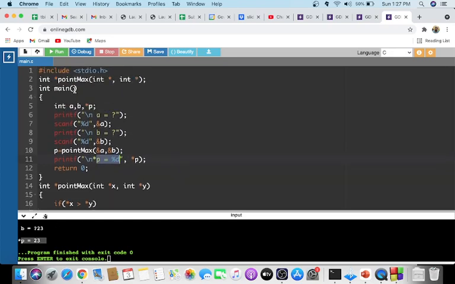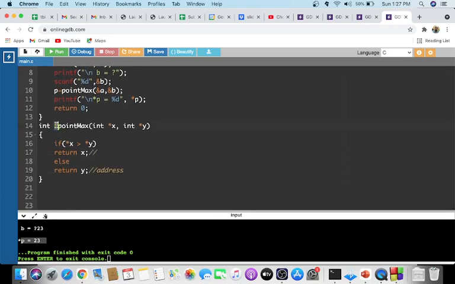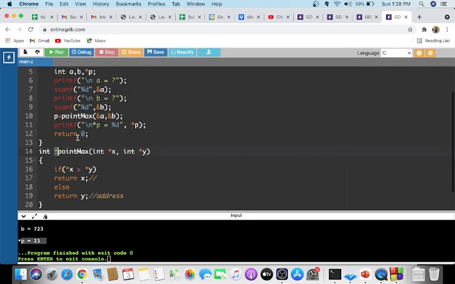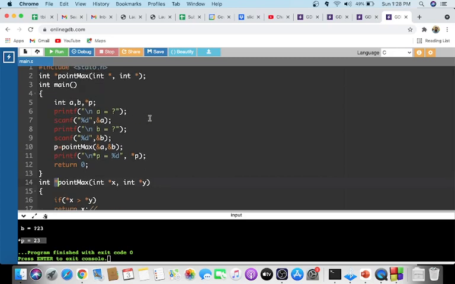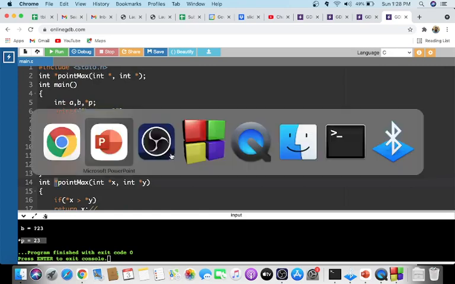So in order to return a pointer value, you have to use a star here. When you declare this prototype, there should be a star. Inside this function also there will be a star here. This shows it will be returning not an integer variable, it will be returning a pointer to an integer variable. It will be returning a pointer. So x and y are pointers. We are returning pointers to the main function. So that is why it is storing it in a p value. So it is also possible in C.